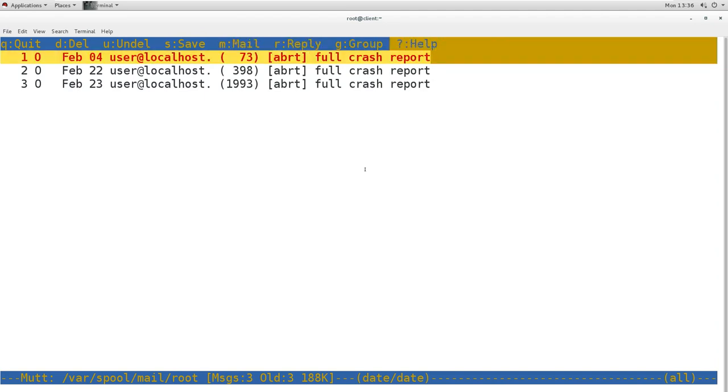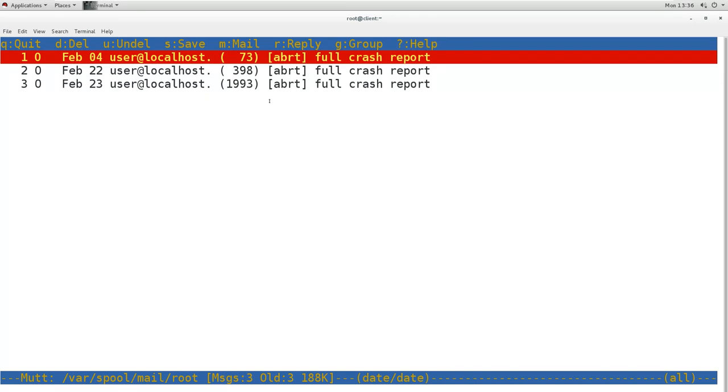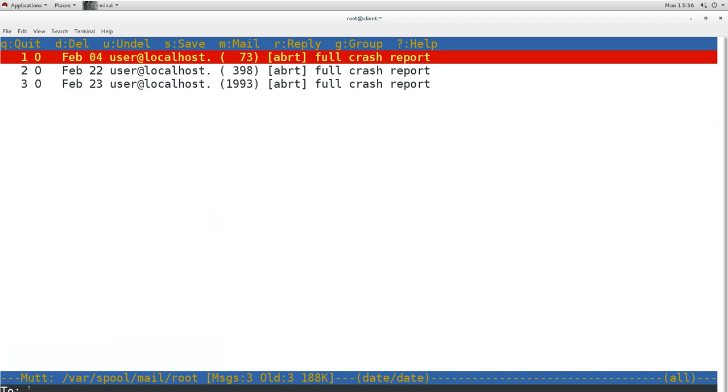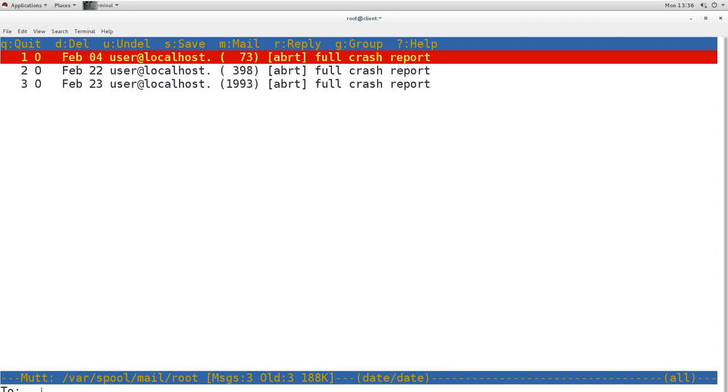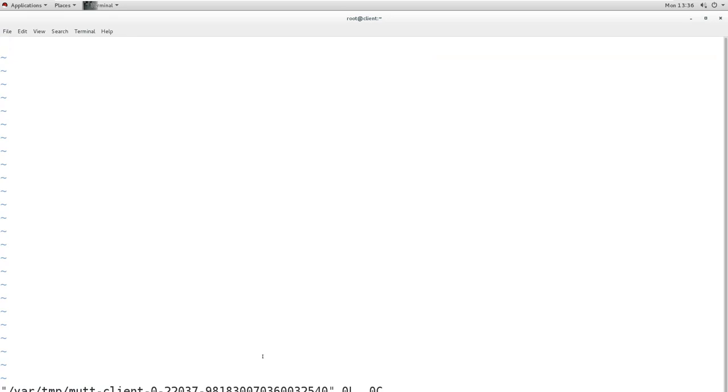Let's say I want to create a new mail. So I will use M. When I press M, it gives me the option to enter the email address I want to send to. So I want to send the mail to root@example.com. Now when I press enter, it asks for the subject. So I will say test mutt. Now when you press enter, it opens a temporary file for the mail and it opens it in